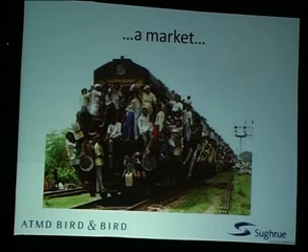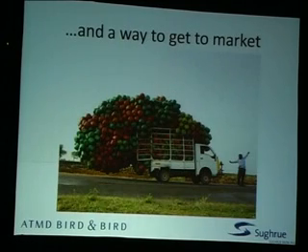Do we have lots of people riding back and forth on the trains and buses, and so many people I see on the jeeps? On the way to Jaipur, on some of these country roads, I feel like I see a whole village on this tiny little vehicle. Market. We have a market. Do we have a way to get there? Yes, we do. And this innovation is being done in ways different than I've seen in any of the 30 or 35 countries I've been to in the world.